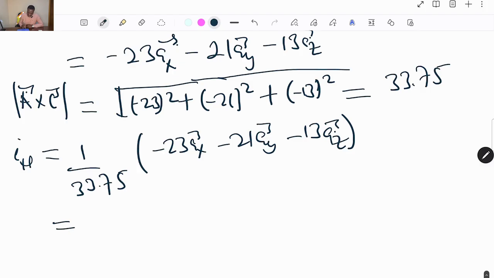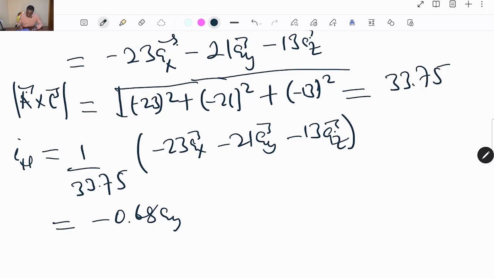So this is going to give us, meaning we are taking minus 23 divided by 33.75. We get here minus 0.68